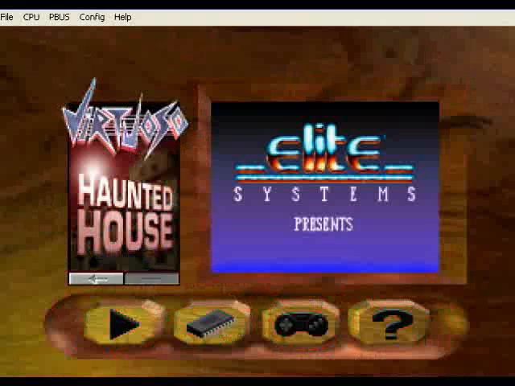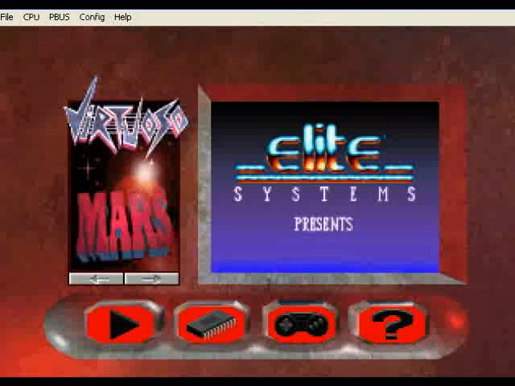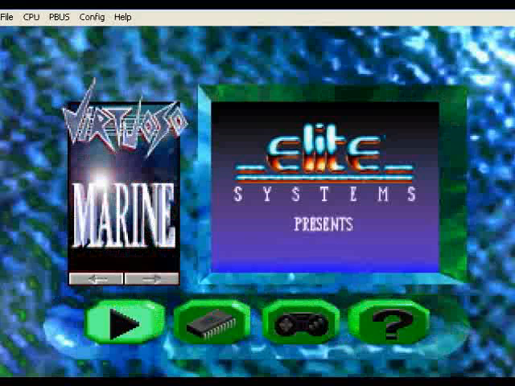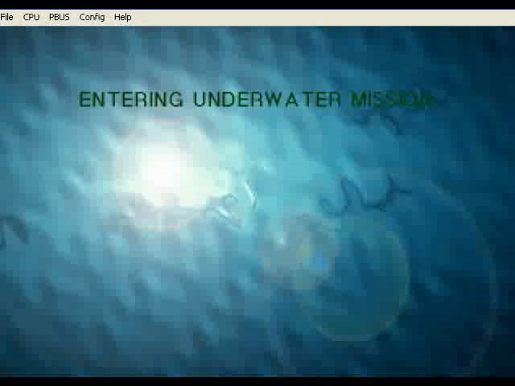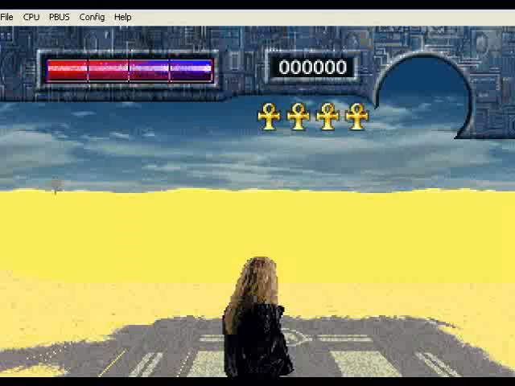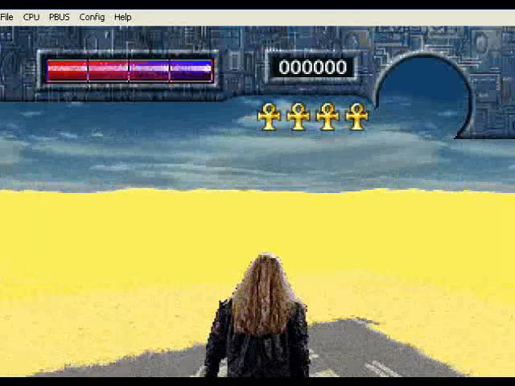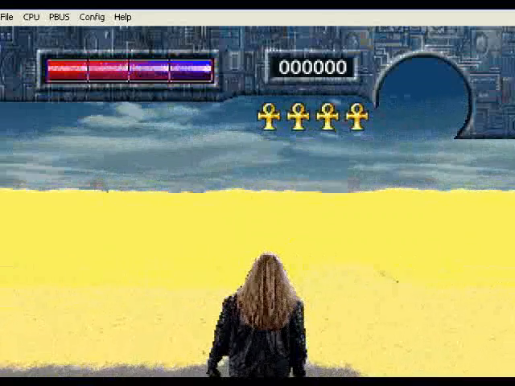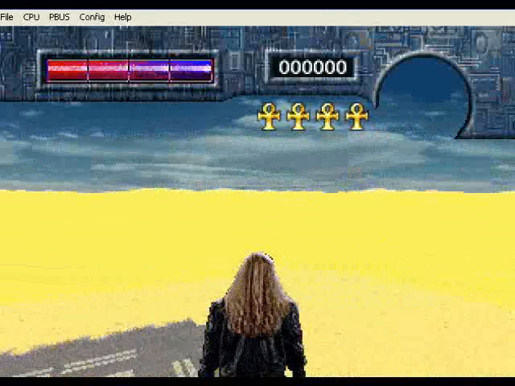Anyway, there's 3 different stages to select: Mars, Haunted House, or Marine, each of which holds their own unique surprises. Anyway, here's the underwater mission. See if you can spot the continuity error between the previous screen and this one. Loading. Yeah, so this is the underwater mission, and if by underwater you mean you're in a horribly pixelated desert in the middle of nowhere,